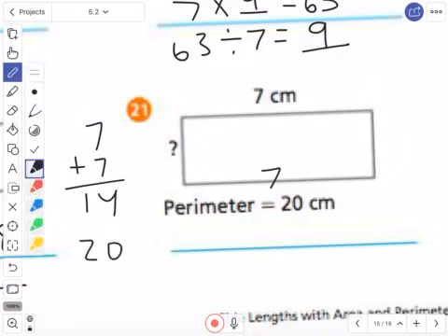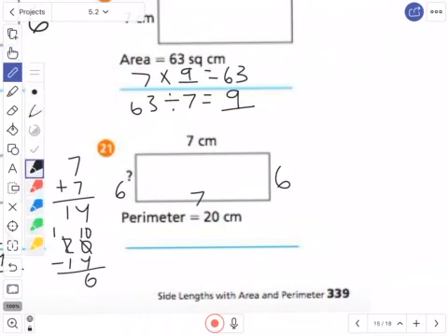So 20 minus 14. I can't do 0 minus 4. Got to borrow from the neighbor there. 2 turns to 1. My 0 is going to turn into a 10. 10 minus 4 is 6. So I just need 6 more. Well, if I put 6 on both sides there,